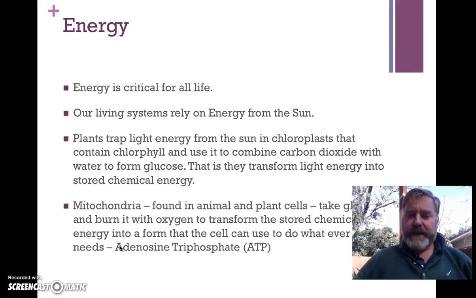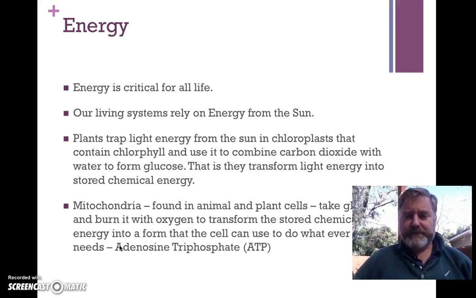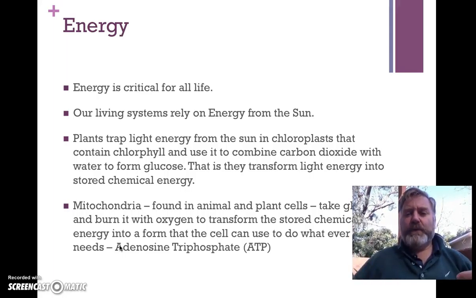Fortunately for all of us, plants and animals, there's another prokaryote called a mitochondria which also has chosen to live inside plant and animal cells. It gets protection and feeding obviously, but for us it takes glucose and it burns it with oxygen. So it's an oxidization reaction, if the chemists in the room need that sort of detail. And this transforms the stored chemical energy into a form of energy that our cells can make use of. And that's known as adenosine triphosphate.